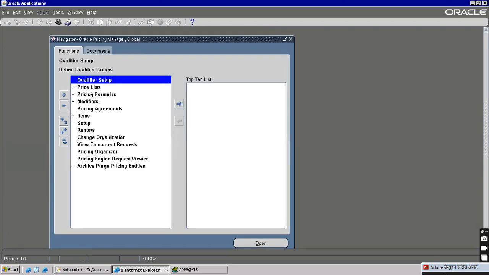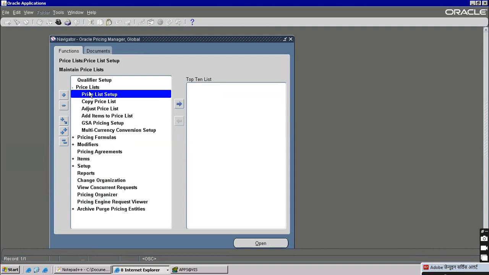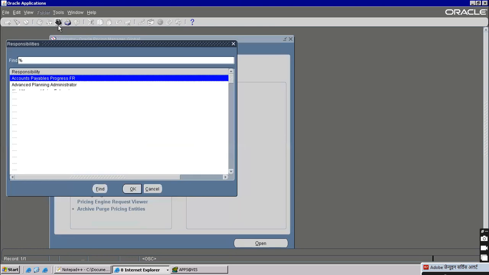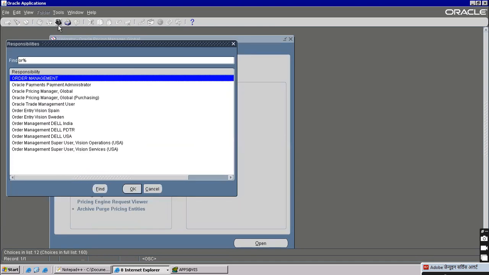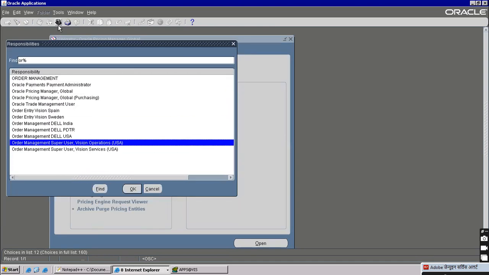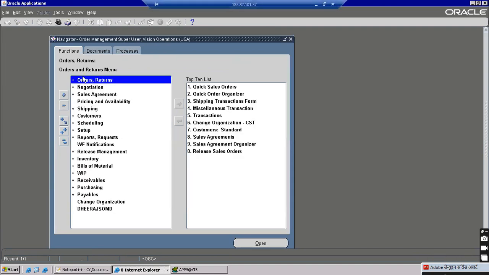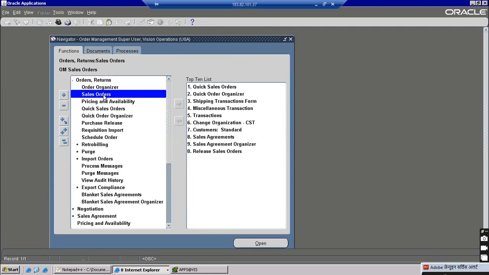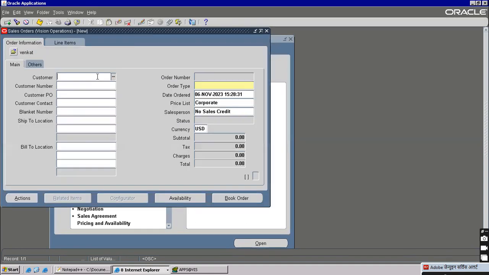Then after that, price list here. But we don't know to which price list we have to add. If we go to your order management, the price list name will appear. So the price list name has appeared already, correct? But in the company, you may see other names also, not only corporate. Take this corporate,